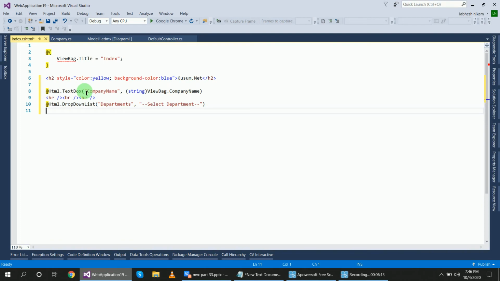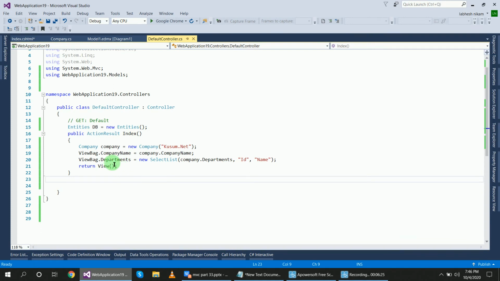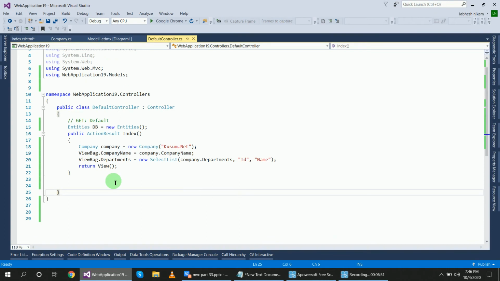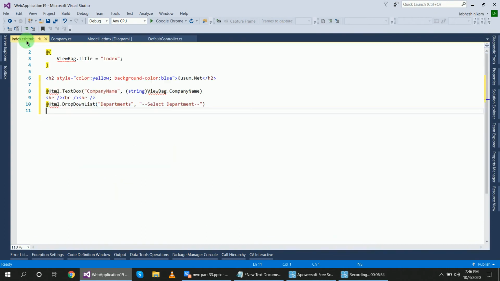This is the text box and this is the drop-down list. For the company name, the name property and the string ViewBag.CompanyName is used to get the company name from here. And for the drop-down list, Departments is the name and Select Department is the optional label, with ViewBag.Departments.